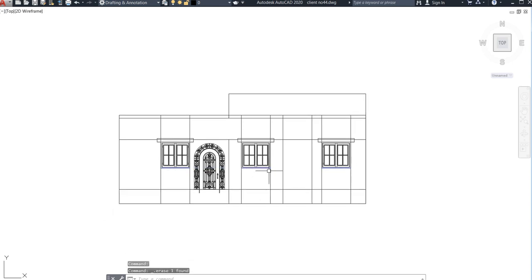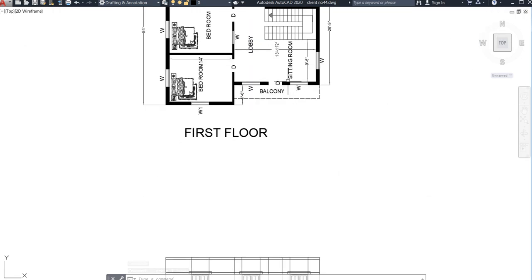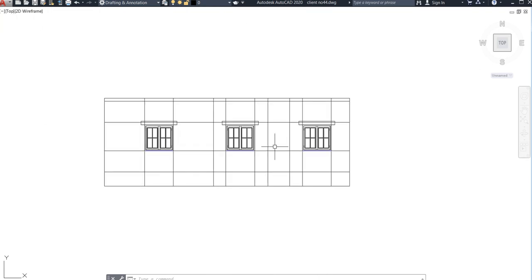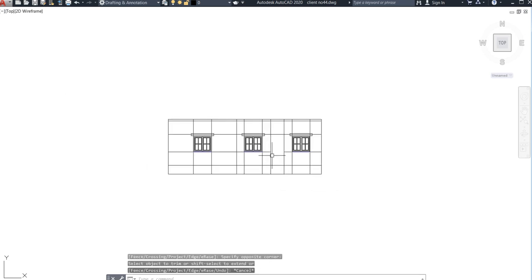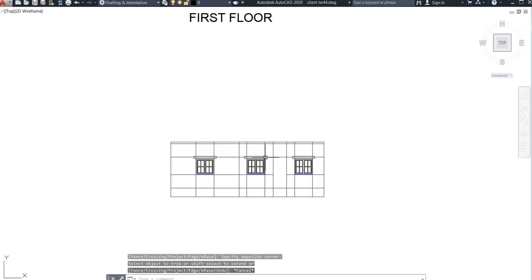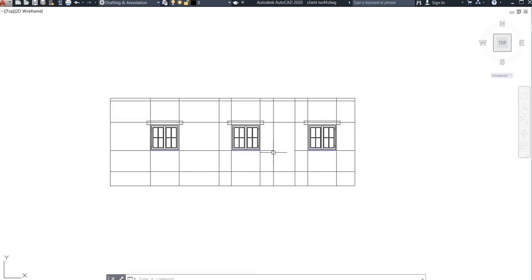So now, before trimming all this, see, here is also a balcony door, right? So we need to place the balcony door. Go for trim, just trim it. If you go to the balcony, the total height of the door is 7 feet, but 3 feet is already the parapet wall. So I need to neglect this one, right?